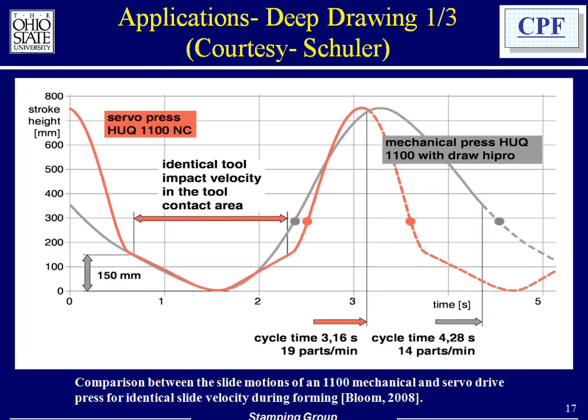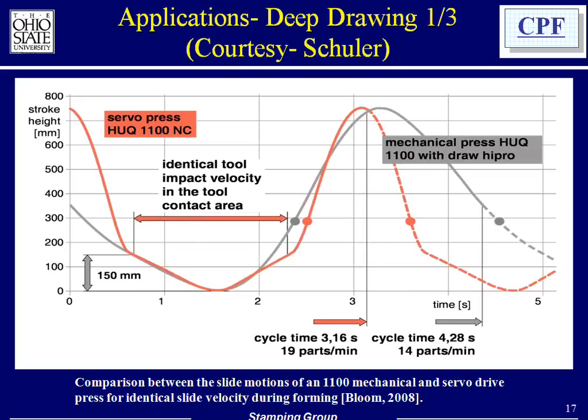Now, I am on slide 17, and what this slide shows, number one, is the gray line, which is the stroke versus time of a mechanical press. By the way, these are actual numbers that I received from Schuler, for 1,100-ton mechanical and servo-drive presses, comparable. And the red line shows how the stroke rate, or the velocity of the ram, in the servo press is larger,